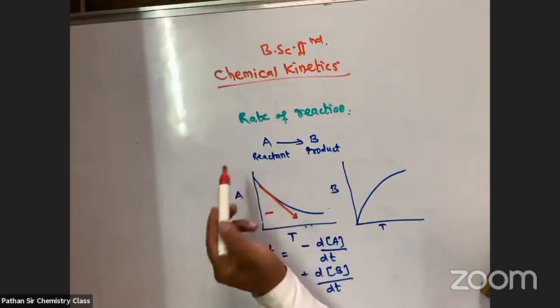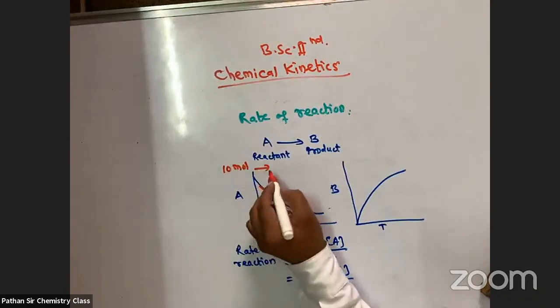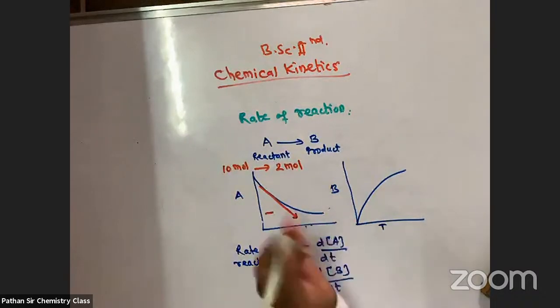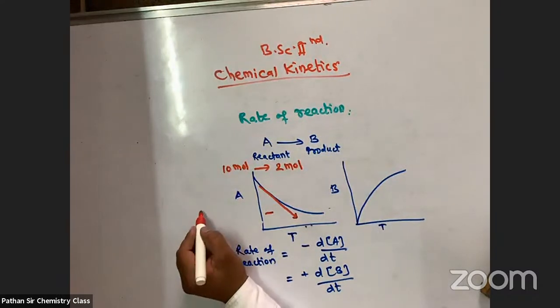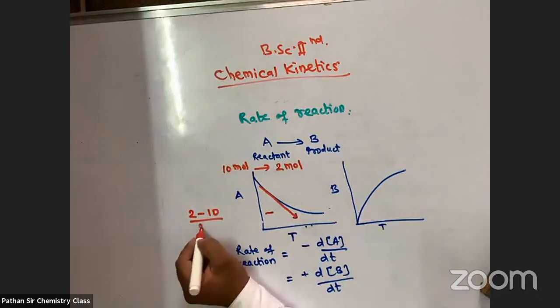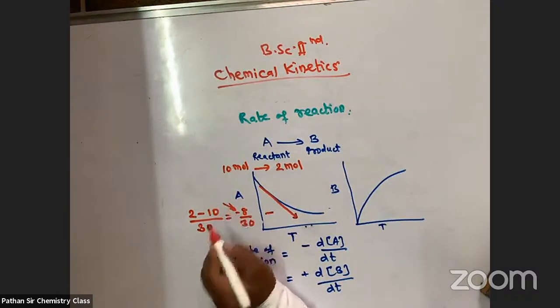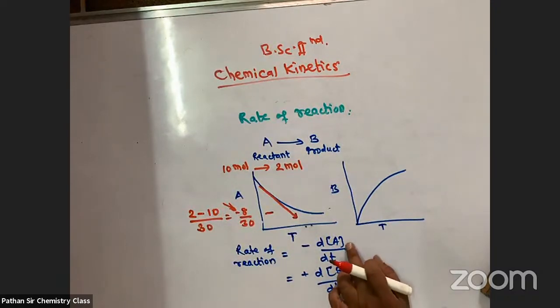Say for example, initial concentration was say 10 moles, but say after 30 minutes the amount of reactant present is 2 mole. So if you calculate for 30 minutes, then it is final amount, that is 2 moles minus 10 mole divided by time 30. So 2 minus 10 is minus 8 by 30, so negative sign. Okay, so therefore rate of reaction in terms of the reactant is negative,